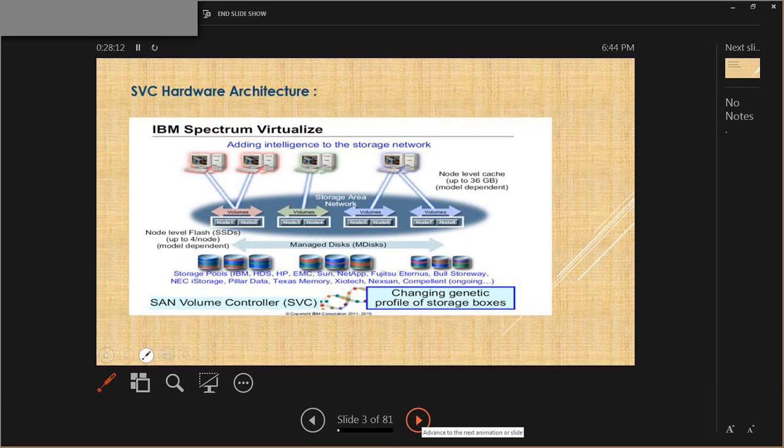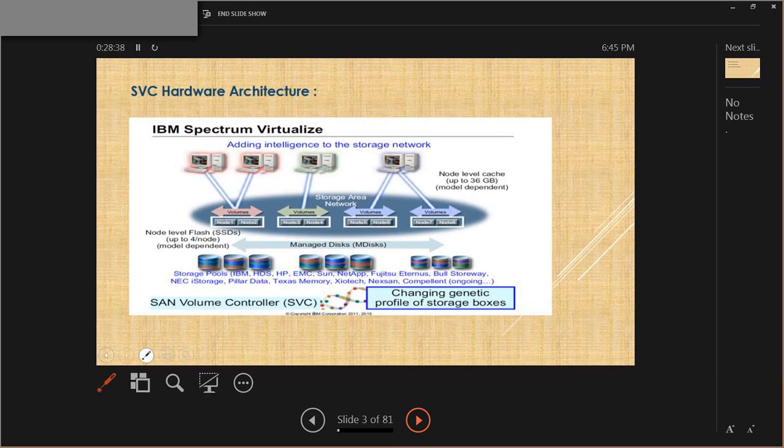Since we are already in the migration team, most of us, let me explain that point a little further. When we refer to migration in this session, it is mostly storage migration and not an end-to-end data center or a host migration, because most host migrations, as you know, might require some downtime. But when you are migrating only storage, utilizing SVC in the SAN network layer, a storage can be migrated from